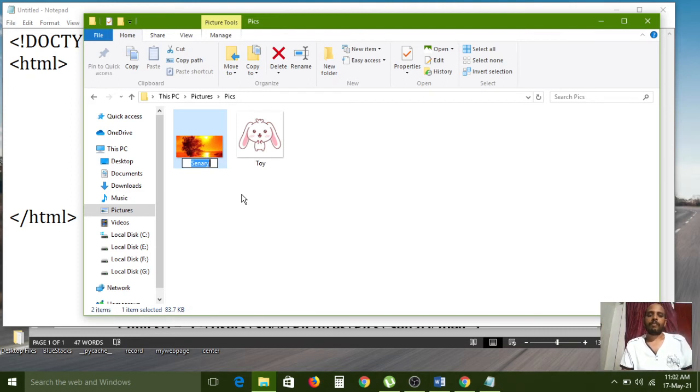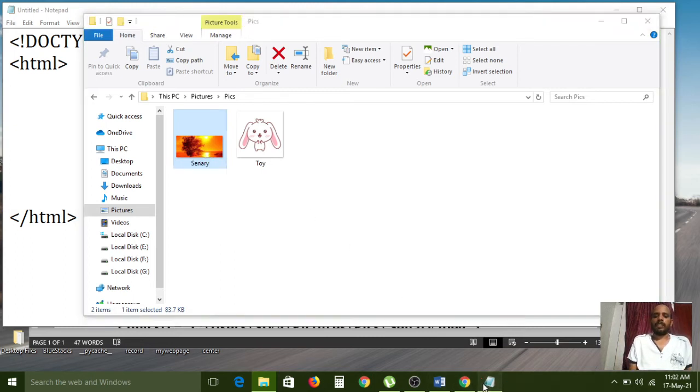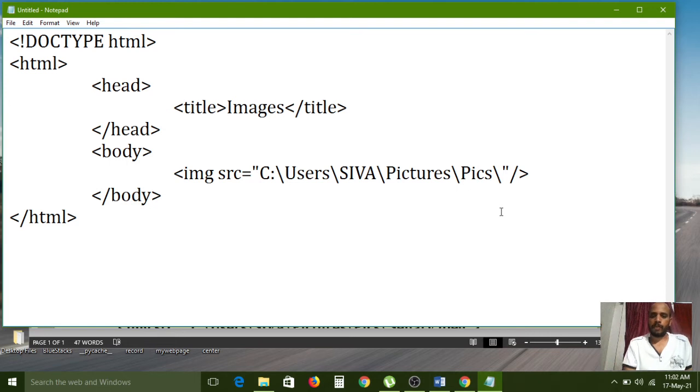But here I am not renaming this file, just selecting the text and copying that file name. After that I am going to the code I am developing, and here I have pasted that one, scenery dot jpeg I have given here. Here one thing you need to observe, what is the file extension?